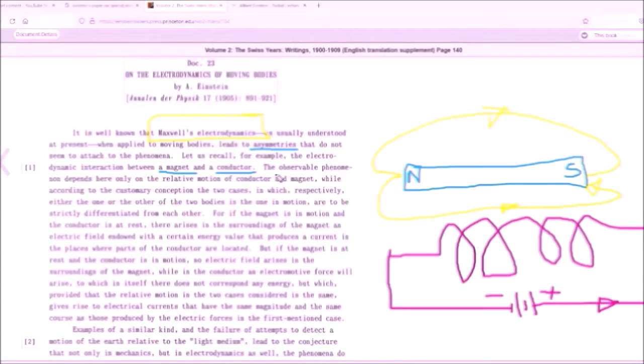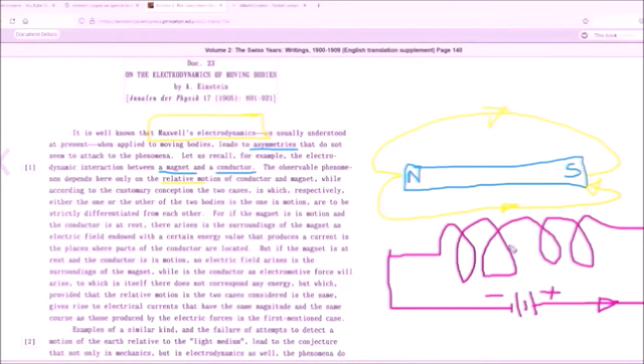The observable phenomena depend here only on the relative motion of the conductor and the magnet, whether you are going to move that coil in space or you're going to move that